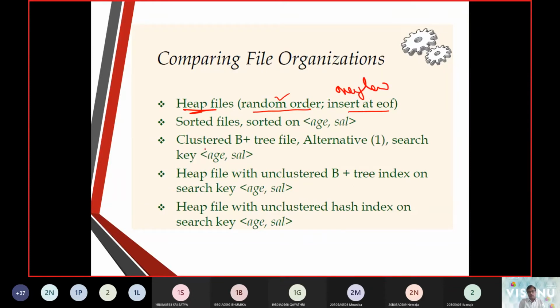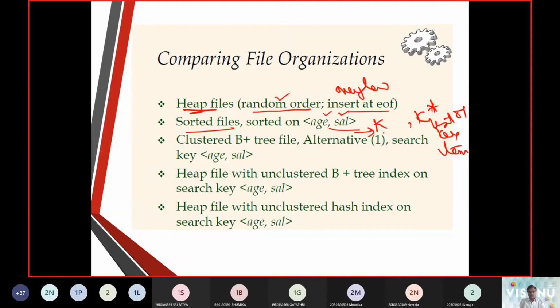The second thing was the sorted file. In this sorted file, first we have the key, taken from a list of key items, like age and salary.